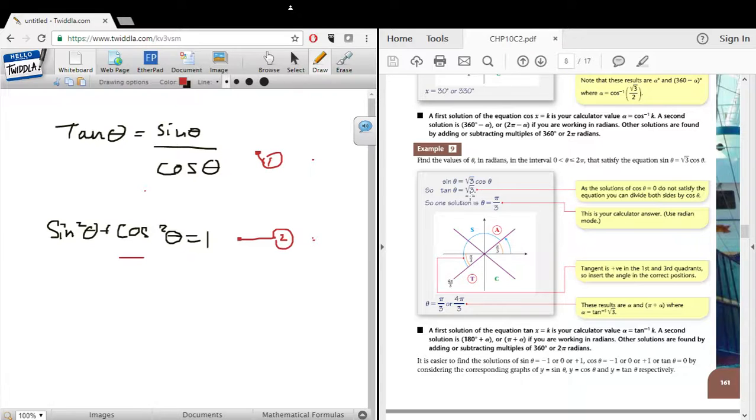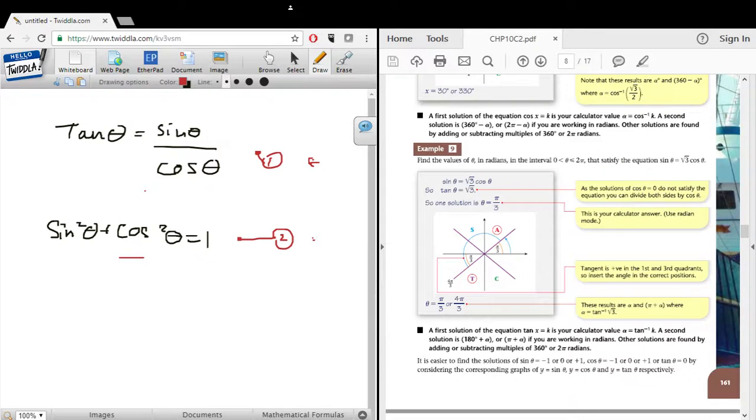you can see now what they've done is they've utilized this identity. Then we have the tan, and so remember we know that the tan is positive here in the third quadrant. So if by using the calculator we find that theta equals pi over 3, okay, and the whole 180 is pi, so then that means that we know that it will be in the first quadrant where we have pi over 3, and then taking the 180 from that pi over 3, we have 4 pi over 3, okay,